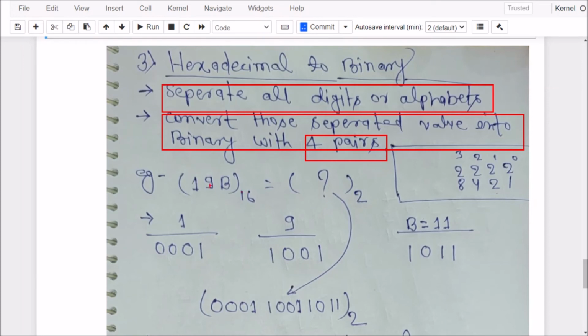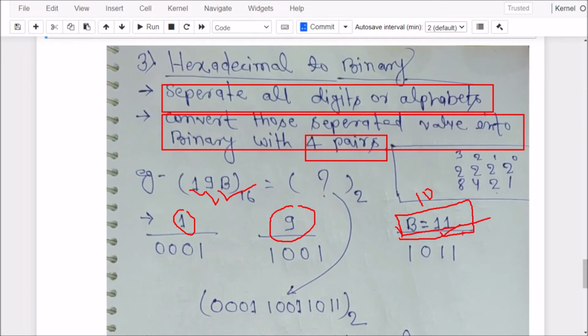First, here 1 we have separated, and 9 is separated here, and b is separated here. We already know b means 11, because 0 to 9 stay the same, and 10 means a, 11 means b. It will go up to 15, which means f. So b means 11.